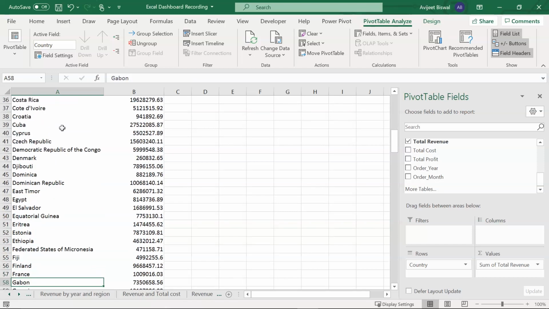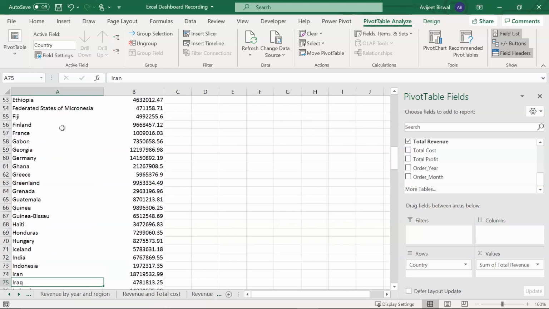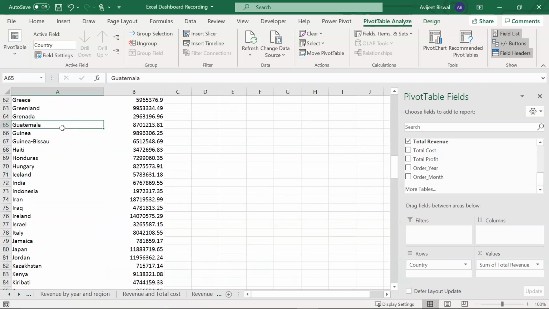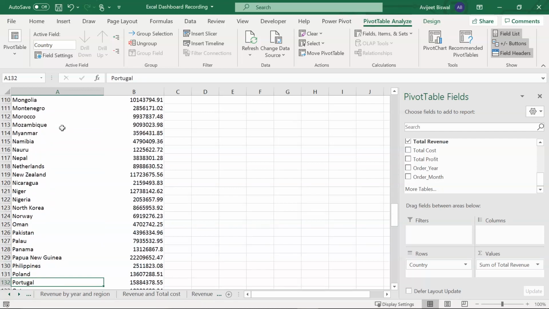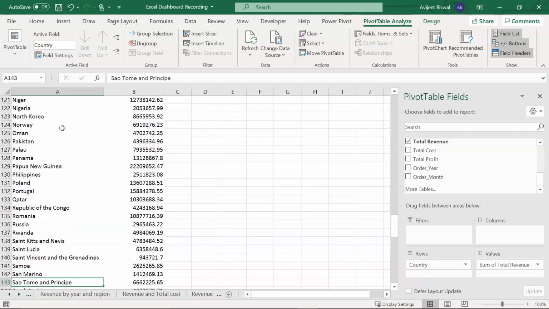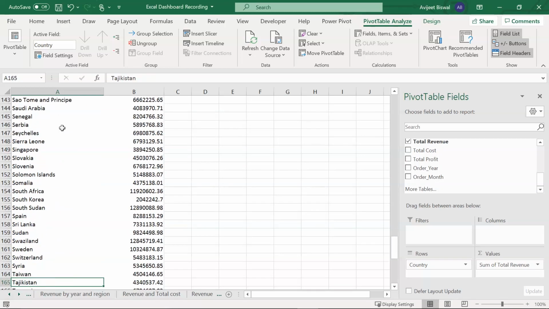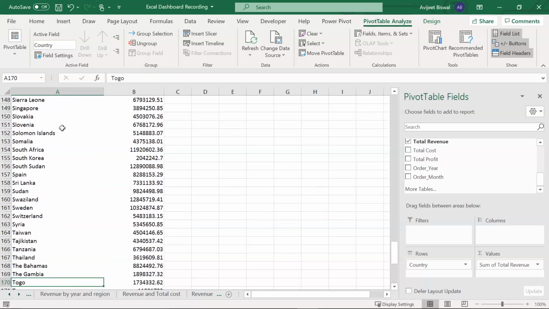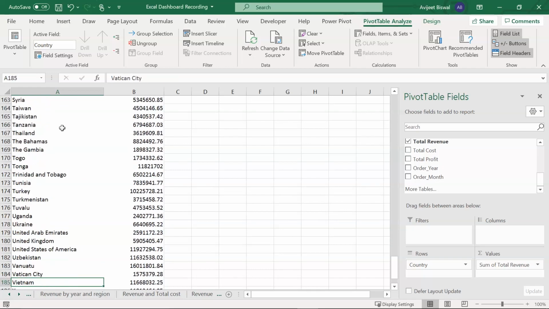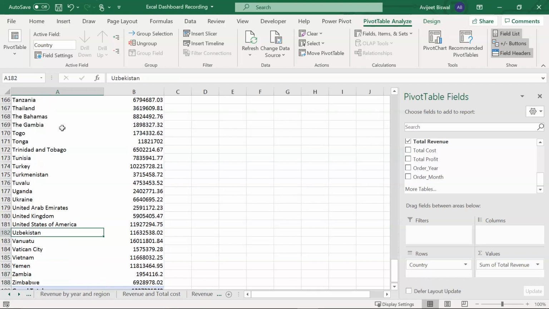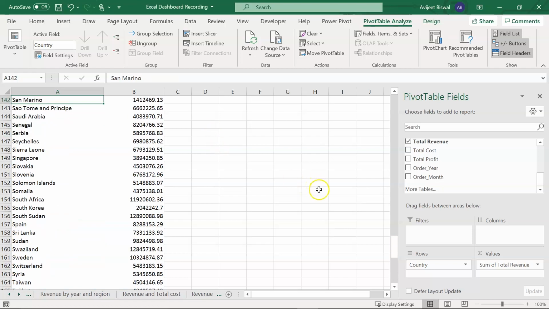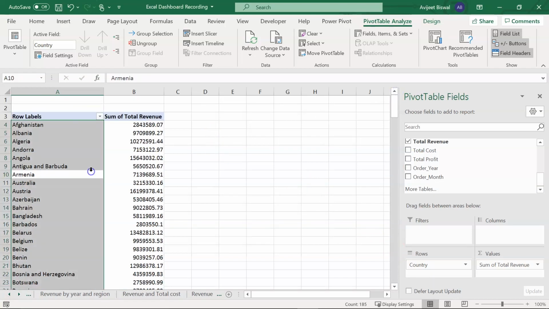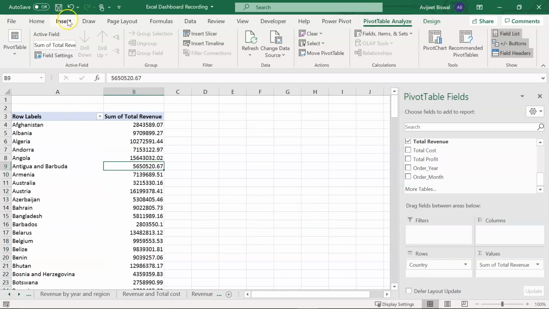You have Czech Republic, there's Estonia, France, Gabon. Similarly, if you scroll down, we have India, there's Jamaica, Italy, and all the way to the bottom if you go, we have New Zealand, there's Netherlands, Philippines, Portugal. We also have Singapore, lots and lots of countries. We have the UAE, United States of America, Zimbabwe, and others. Alright, let me go up. So based on this pivot table, let's create our pivot chart.